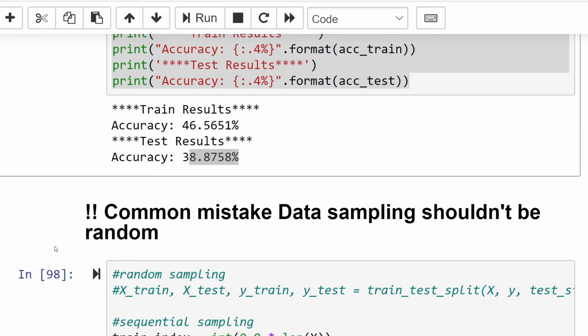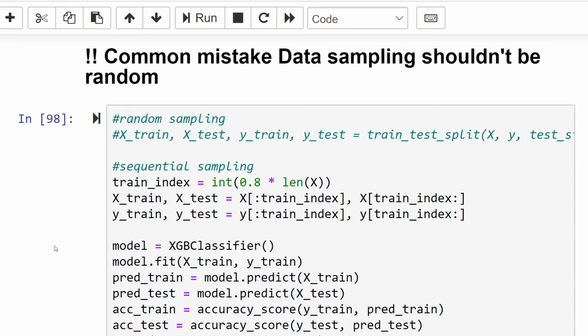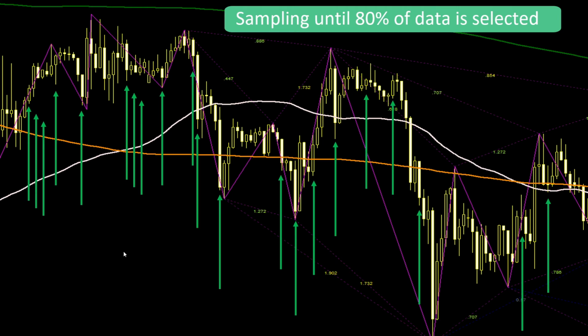However, and unfortunately, we've just made a big common mistake that I've seen in many studies, even academic, published studies, and in many videos and blogs out there. You have to be aware of something. If you consider 80% of your chosen candlesticks completely randomly chosen among your data, what you're doing is basically